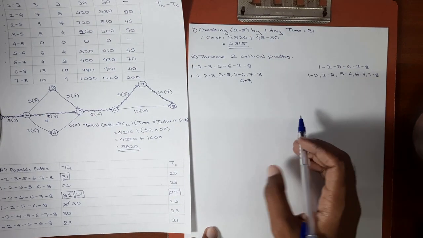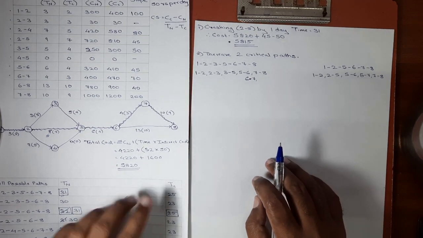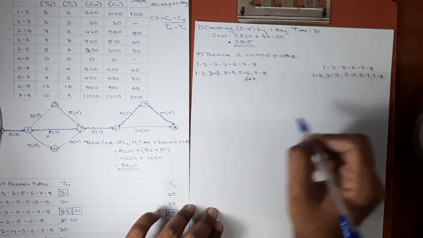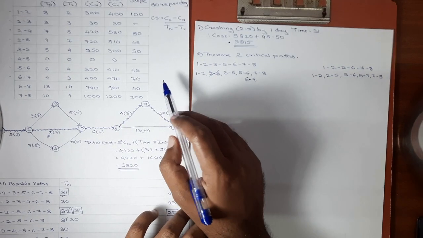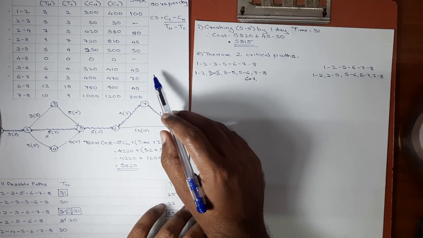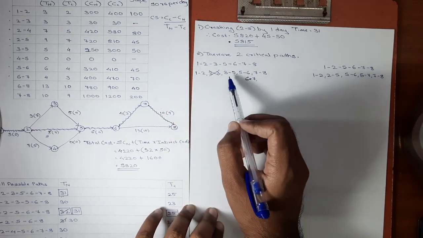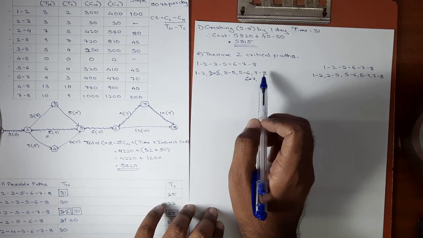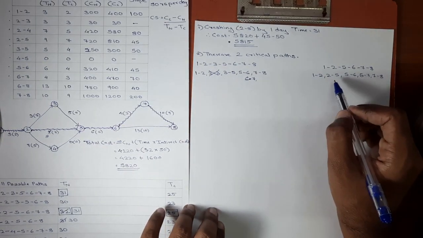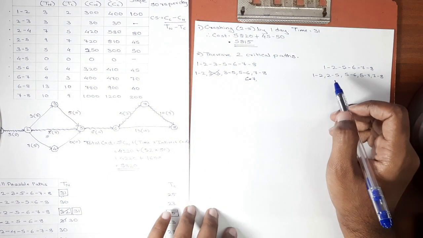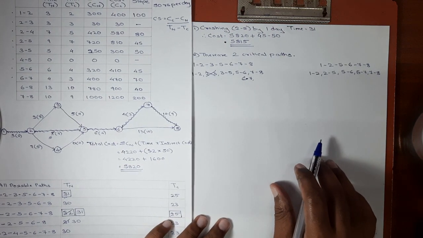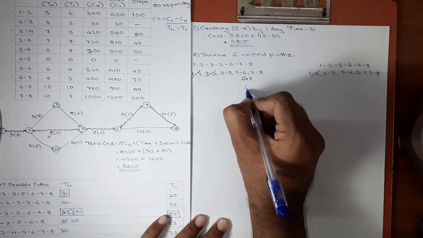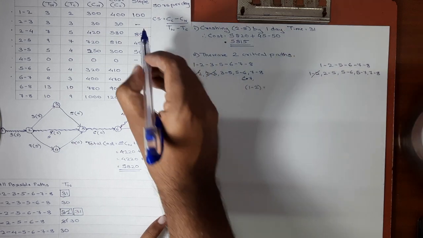Now first we'll strike out those activities which are out of the picture. Activity 2, 3, the cost slope is not defined. So activity 2, 3 is out of the picture. I'll strike it twice. Next is 1, 2, it is not out of the picture. 3, 5 is not out of the picture. 5, 6 is also not out of the picture. 7, 8 and 6, 7 are also not out of the picture. Now we'll see if there are any common activities in both the paths. Activity 1, 2 is common. I'll strike it once. Cost slope of 1, 2 is 100.